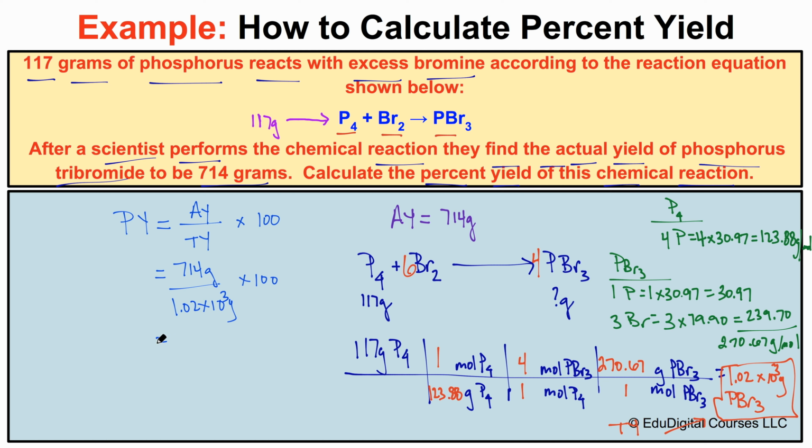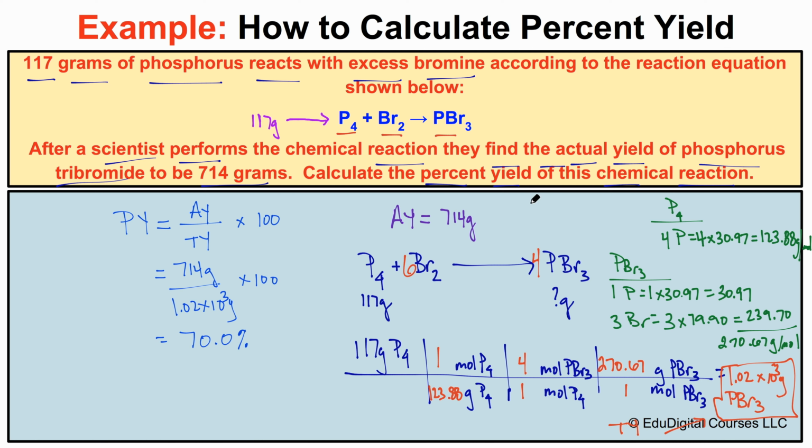So when we take 714 divided by 1.02 times 10 to the third, and then multiply by 100, we're going to end up with 70%, or 70.0%